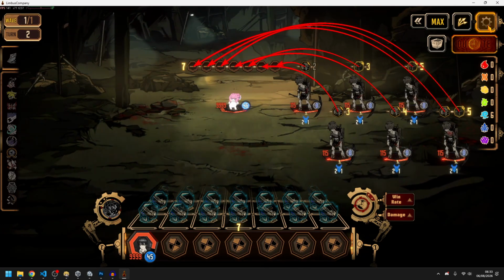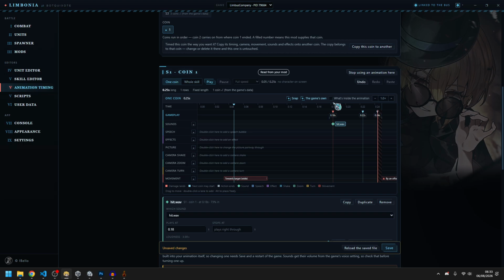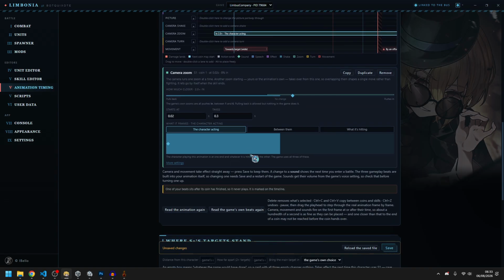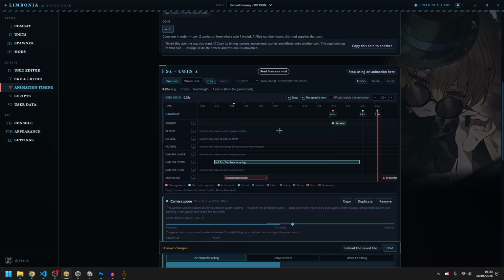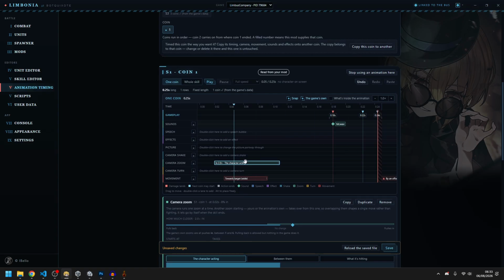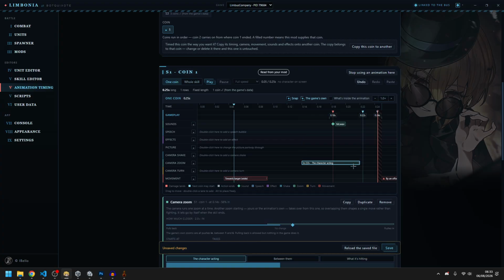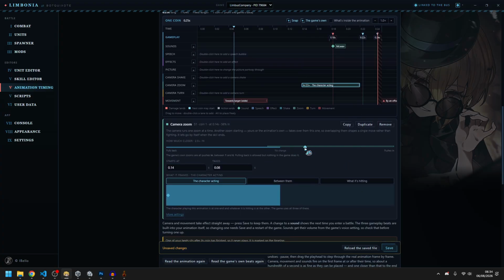Okay, and now I'm going to show quickly how to set up the camera and shake on the hit. Currently we have a lot here of tracks, so we're going to use the zoom one. You can see here, let's do 0.2. Since this animation is pretty quick, we are going to do a quick zoom to the target here, what is hitting. We make a quick zoom,